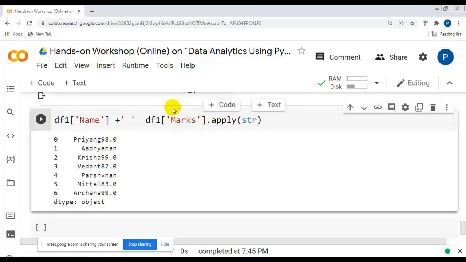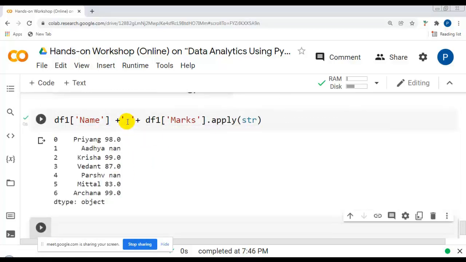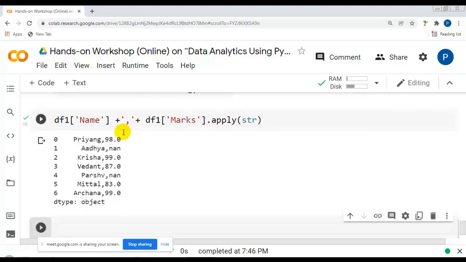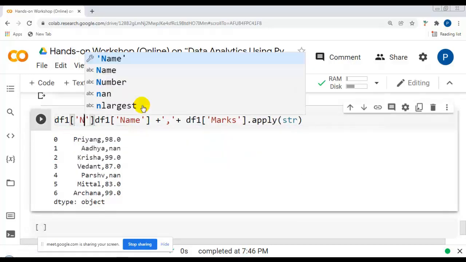So let me create a space in between, combine them and execute this. Now it looks proper. Let me separate it with a comma and execute this. You can see name, comma, marks, and I want to create this new column with name underscore marks.